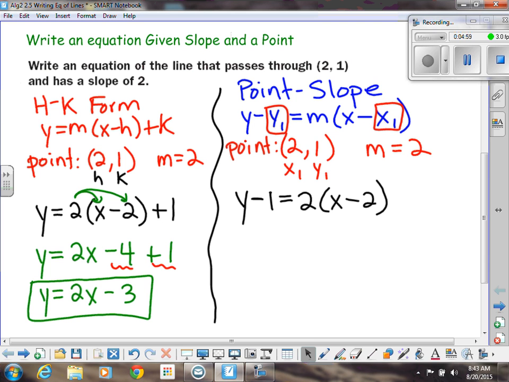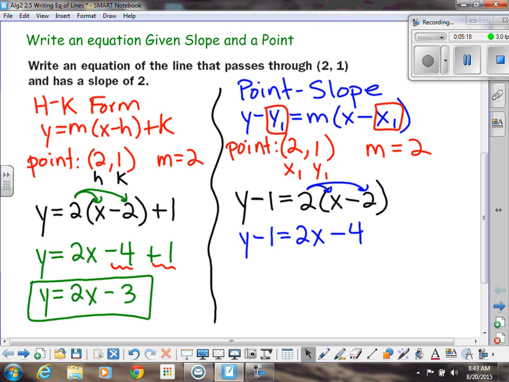So we want to make sure that we have the same answer as before, so we're going to distribute just like we did with HK form. So I'm going to distribute this 2. Okay, over here I still have y minus 1, but here I'm going to have 2x minus 4, and I